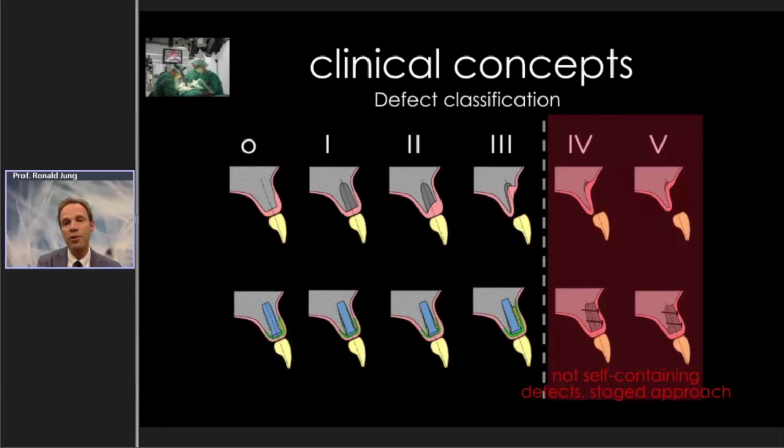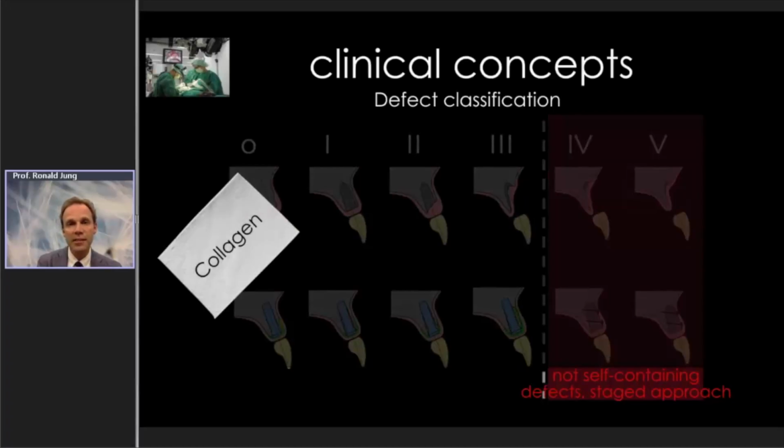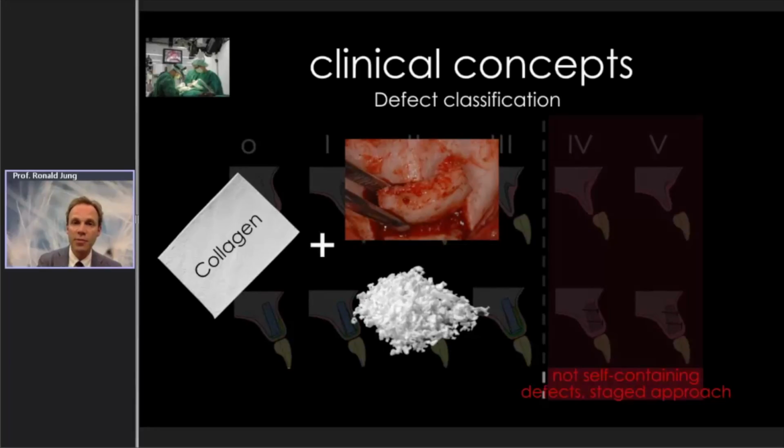In these particular cases, we use a collagen membrane, Bio-Gide membrane, because we do get stability from the graft side. Because in these situations, the standard of choice is still using an autogenous bone block covered with the Bio-Oss in order to reduce the amount of resorption on top of the bone block.